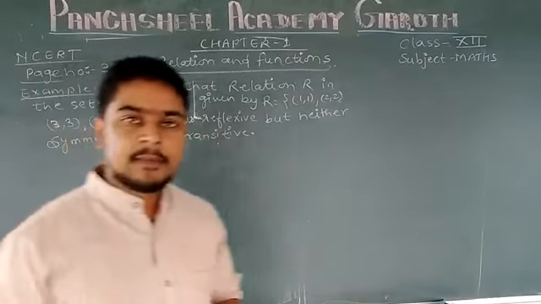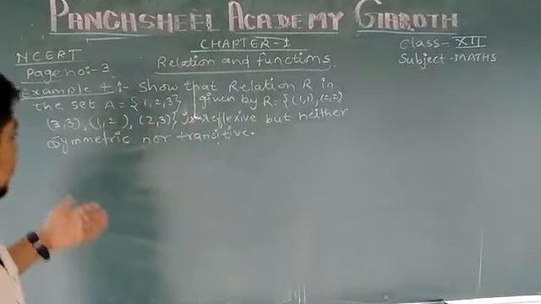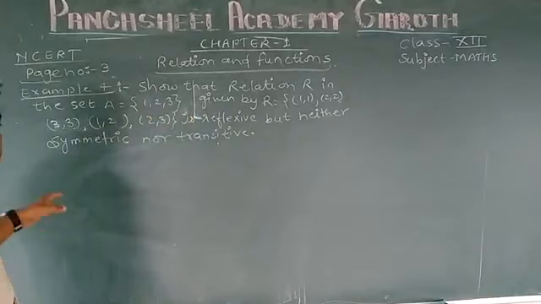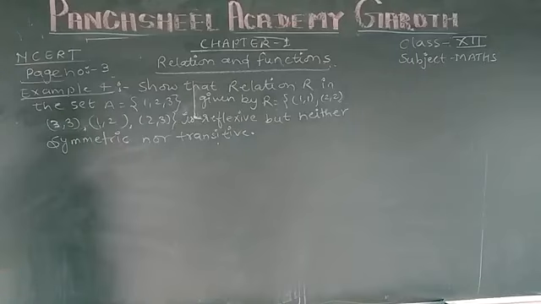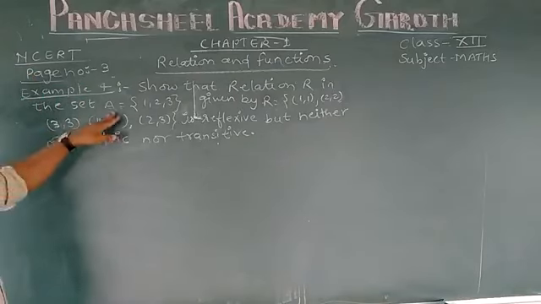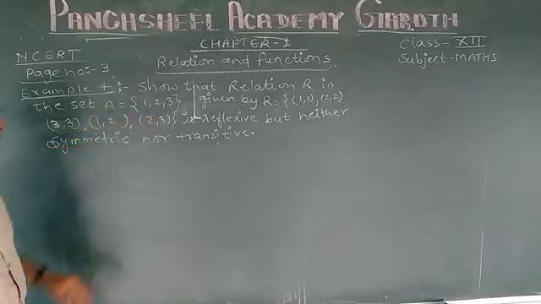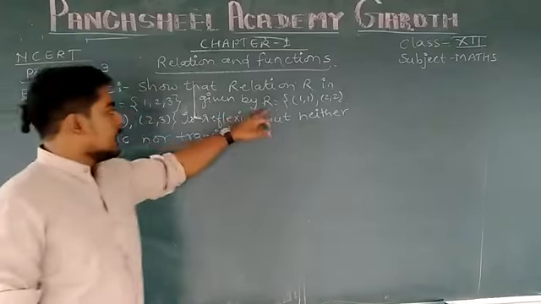Today we will discuss example number 4, which I wrote on the board. Example number 4, page number 3, NCERT book, chapter one. We will show that the relation R in the set A, which contains the elements 1 to 3, and the relation R is given as